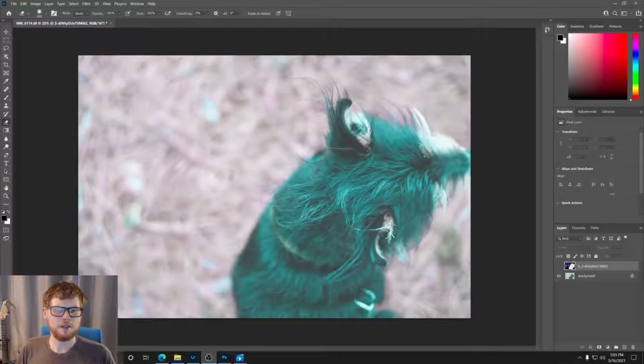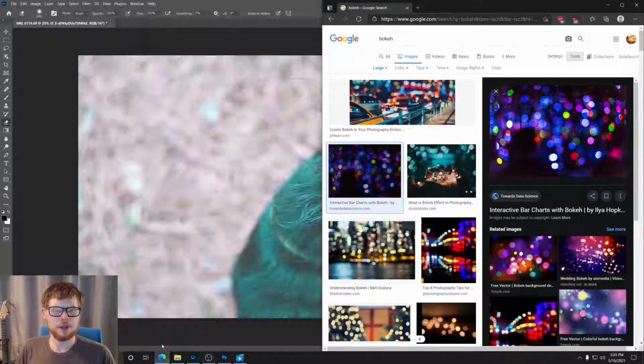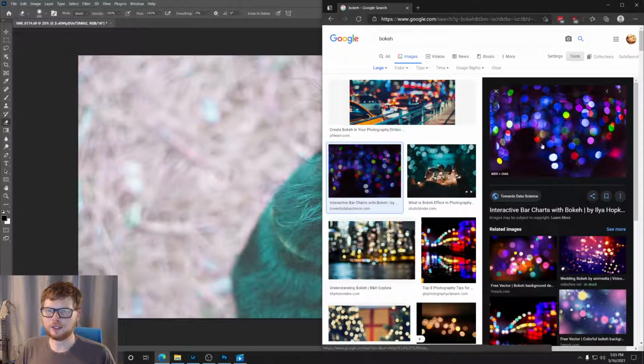Hi all, say you have an image where you want to add a bokeh effect, or an image where you already have a bokeh effect and you want to add maybe some more textural interest to it. To do this, open your image in Photoshop and then go to Google Images and search for bokeh. Find an image that is essentially shiny lights on a black background, download that to your computer,